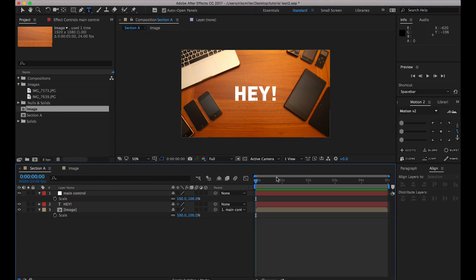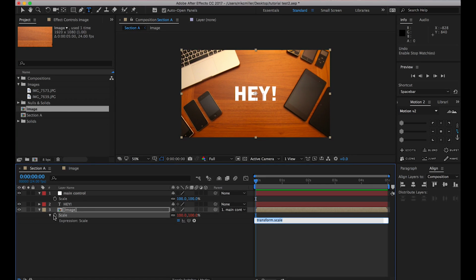But I want to create this auto slow zoom effect, so the background is always scaling up no matter what the null control is doing. So it will move with the null control, but it will also be scaling on its own very subtly and very slowly. So for that, I'm going to do this: Alt-click that stopwatch right there, and do